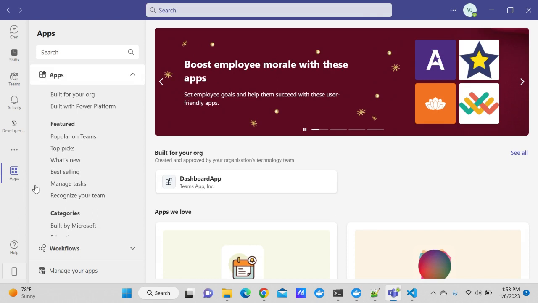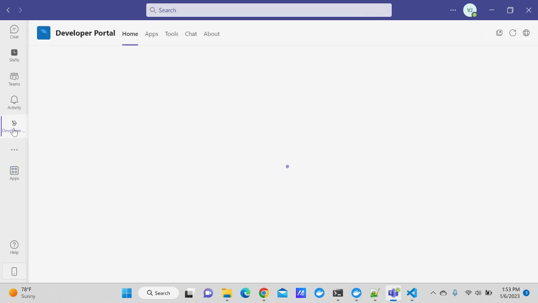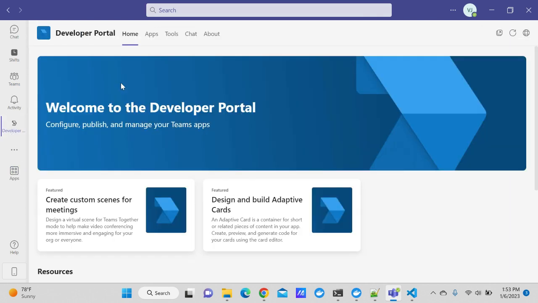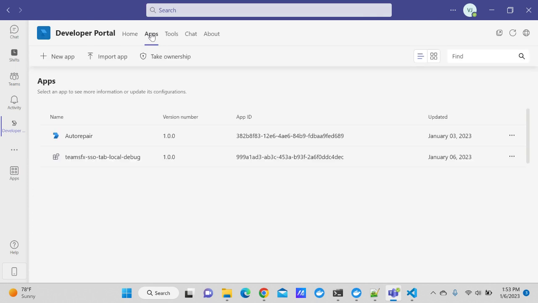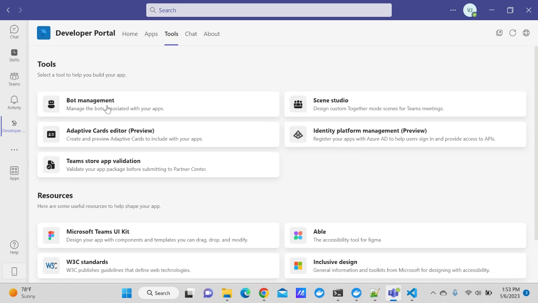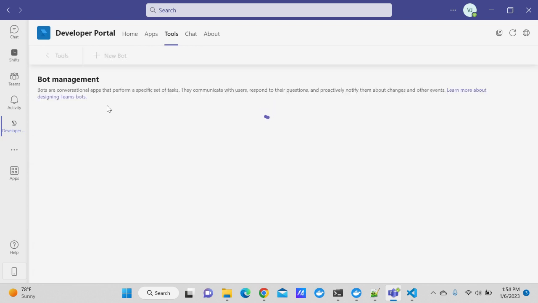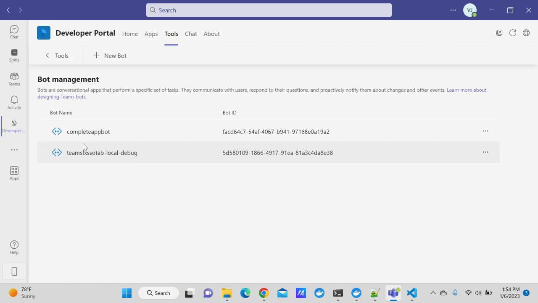If you click on the apps here and go to the developer portal, you can click on the apps, and you will see the old one, the tab, gets stuck there. But if you go to the tools section and click on bot management, that is where you will see the new bot that gets registered. This is the Teams FX tab local, and that was a tab that is required for our commands. So that's pretty much the theoretical part, and then we can see it in action, and it adds quite a bit of value